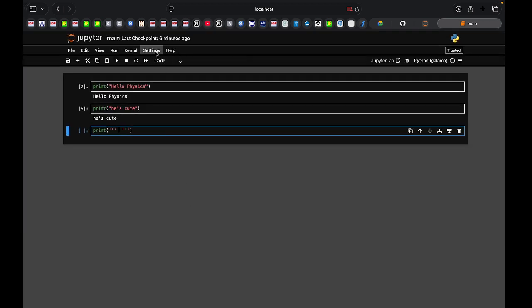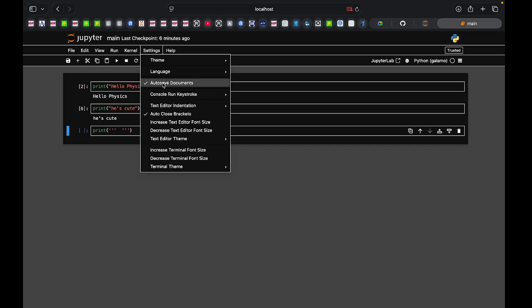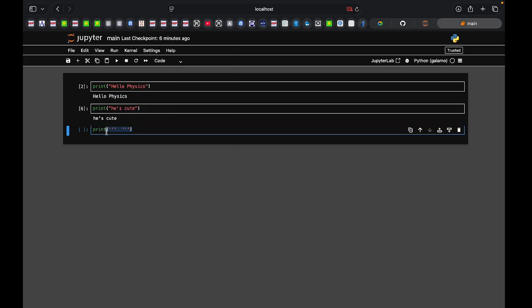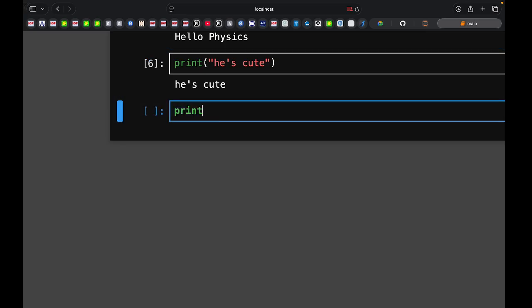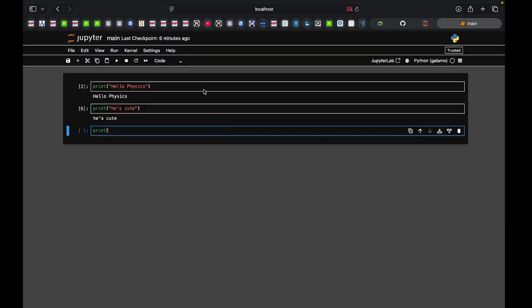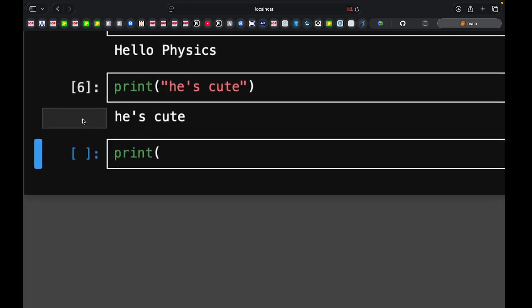One more thing. Go to settings, click on auto save document and auto close bracket. Auto close bracket will make your code faster. Like I just write here, I'll go with print. Oh, actually I had closed that for myself. I'll just click on it again. So I'll just go like this. It will print both of the pair of brackets. And then I'll do it like this. And then I will write,